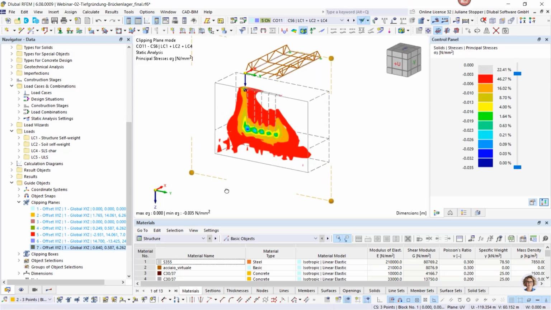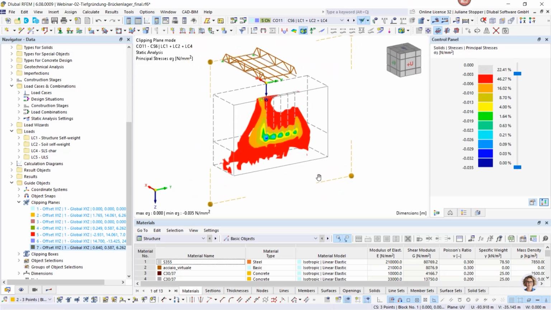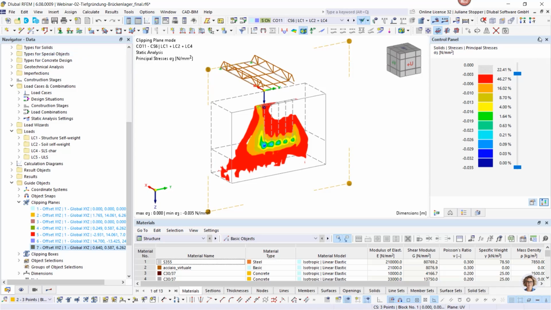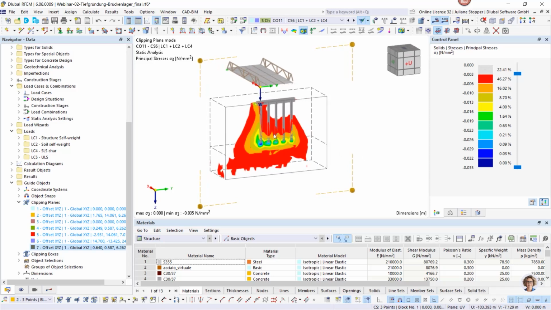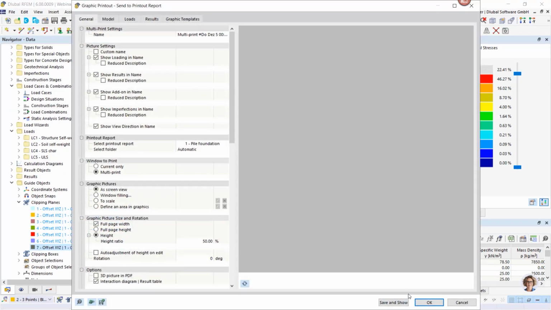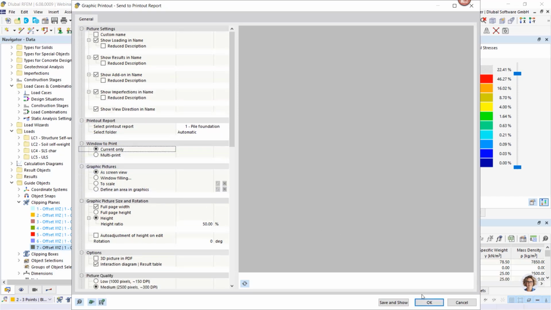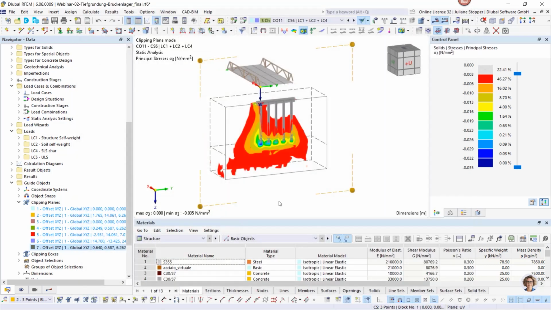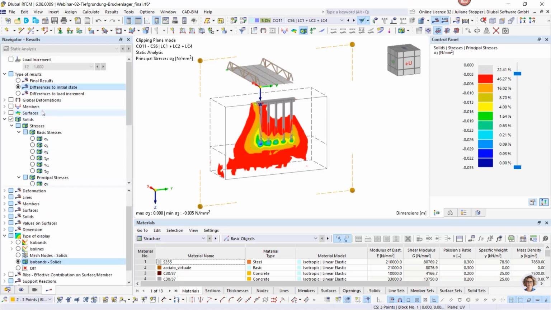For example, this could be an overview image, and this can of course be printed too. We can check it like this too. I don't want to have the multi-print now. Current only is okay. I do print it, and the last result that I would like to show is the